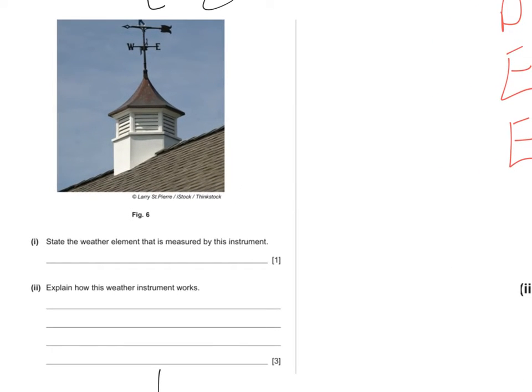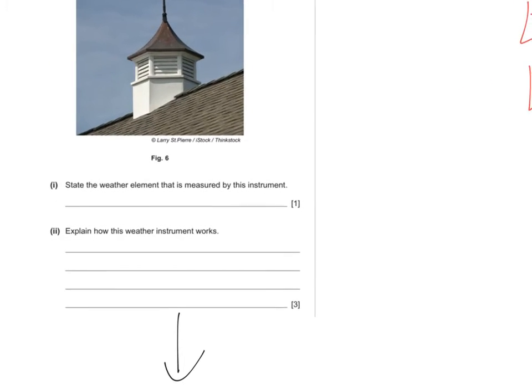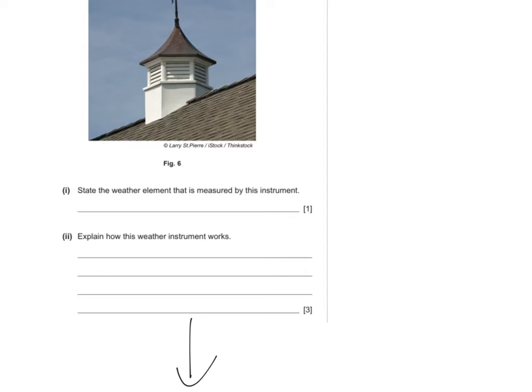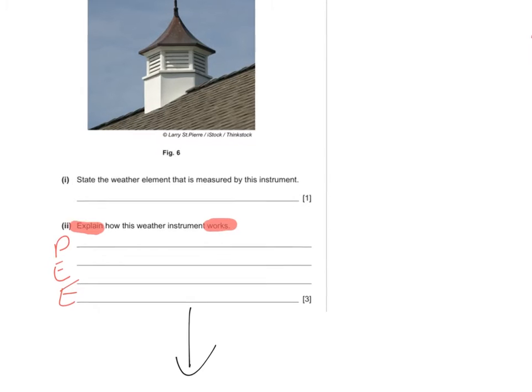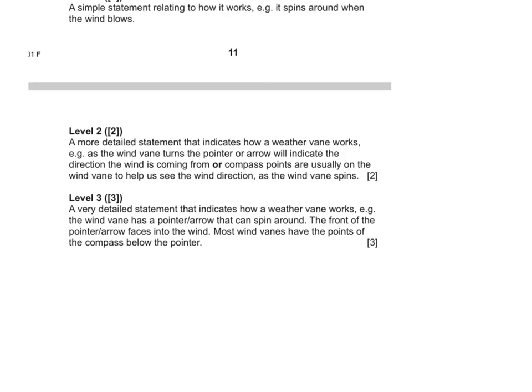Question 2, it's about this weather vane picture. Again, explain is the command word, how the instrument works, 3 marks. We're looking for point, explain, expand. You can pause the video now, have a go at the question, press play, and have a look at the mark scheme. Level 3,